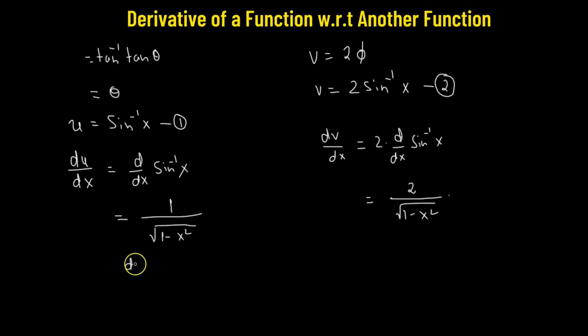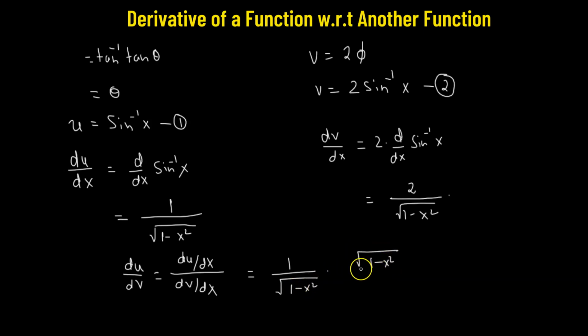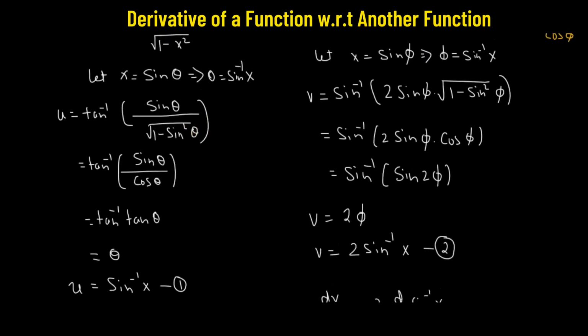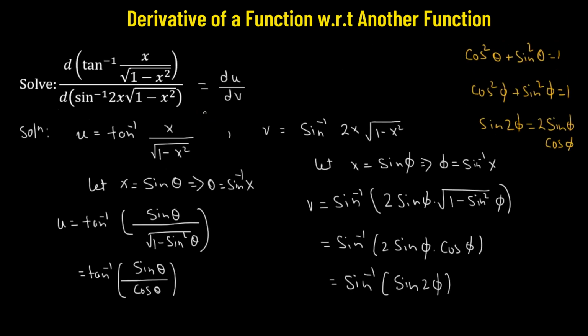So to find the derivative of u with respect to v, all we have to do is take the derivative of u with respect to x and divide it by the derivative of v with respect to x, which will be equal to 1 over square root of 1 minus x squared multiplied by square root of 1 minus x squared divided by 2, and this gives us 1 over 2. So that means the derivative of our given problem is equal to 1 over